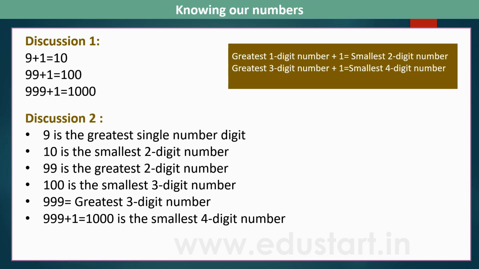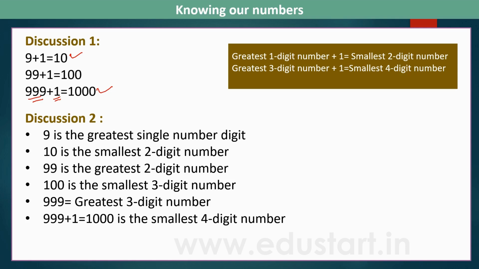Now we can see the greatest 1-digit number plus 1 is equal to the smallest 2-digit number. What is the greatest 1-digit number? 9. 9 plus 1 is 10. 10 is the smallest 2-digit number. The greatest 3-digit number plus 1 is equal to the smallest 4-digit number. What is the greatest 3-digit number? 999. 999 plus 1 is equal to 1000. 1000 is the smallest